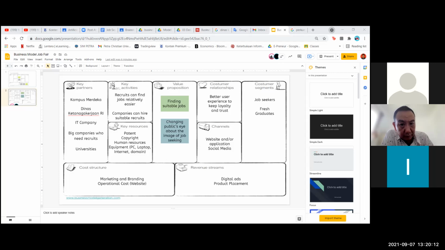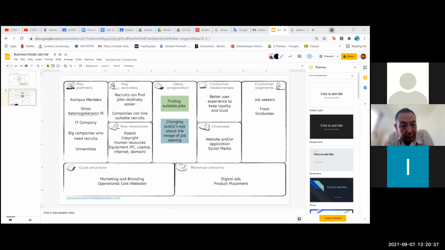The next one is the Dinas Ketenagakerjaan RI, because we want to know the population of the undergraduates and so on. Then IT companies, because we need a collaboration with some IT companies to develop our web. And the next one is big companies who need recruits.